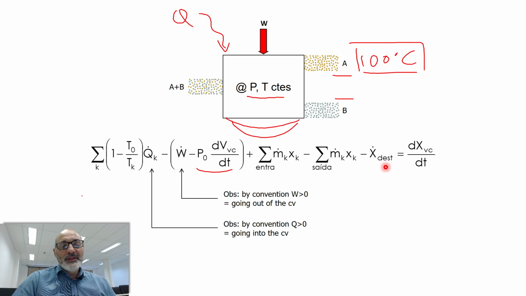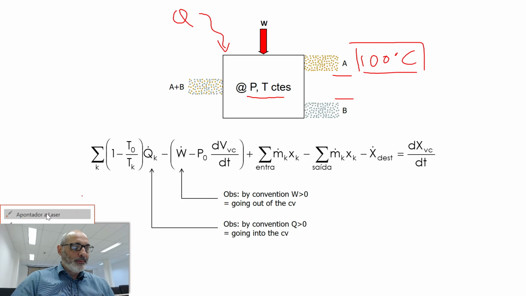Since there is no law that says that exergy is conserved, okay, actually because entropy is always generated, this implies that exergy is always destroyed, okay, so I have a destruction term. And, well, when we add all these terms, we get the variation rate of exergy inside our system, okay? So that's the equation, last week's equation, okay? And just to remember,